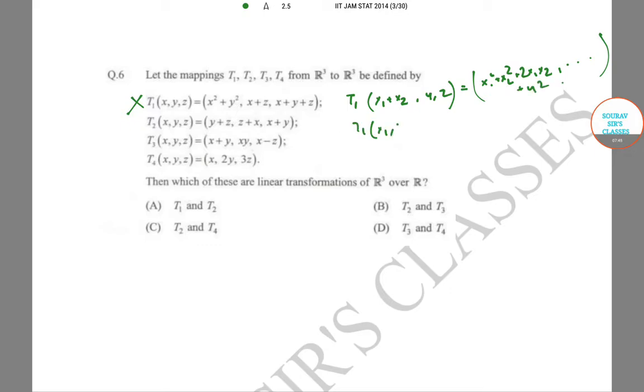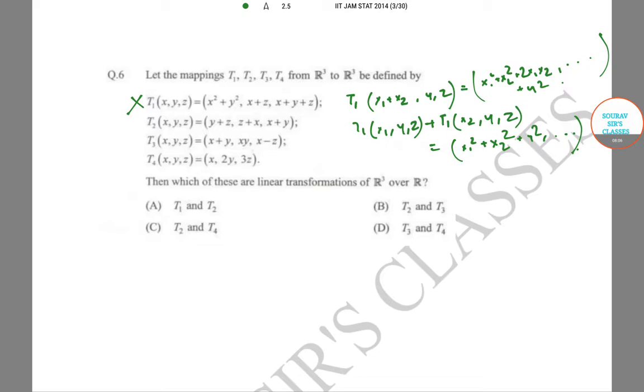But T1 of x1, y, z plus T1 of x2, y, z is equal to x1 squared plus x2 squared plus y squared, comma other things, which is not equal. We have the extra 2x1x2 term in the first one, and so this is not